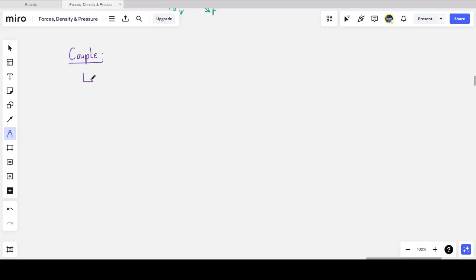So what is a couple? Well, in physics, a couple is a set of two forces that have equal magnitude. Well, that's easy, isn't it? Well, it doesn't really end there. Any two forces can have equal magnitude, but if they act in the same direction, then they're not a couple. So we have another criteria that says that a couple